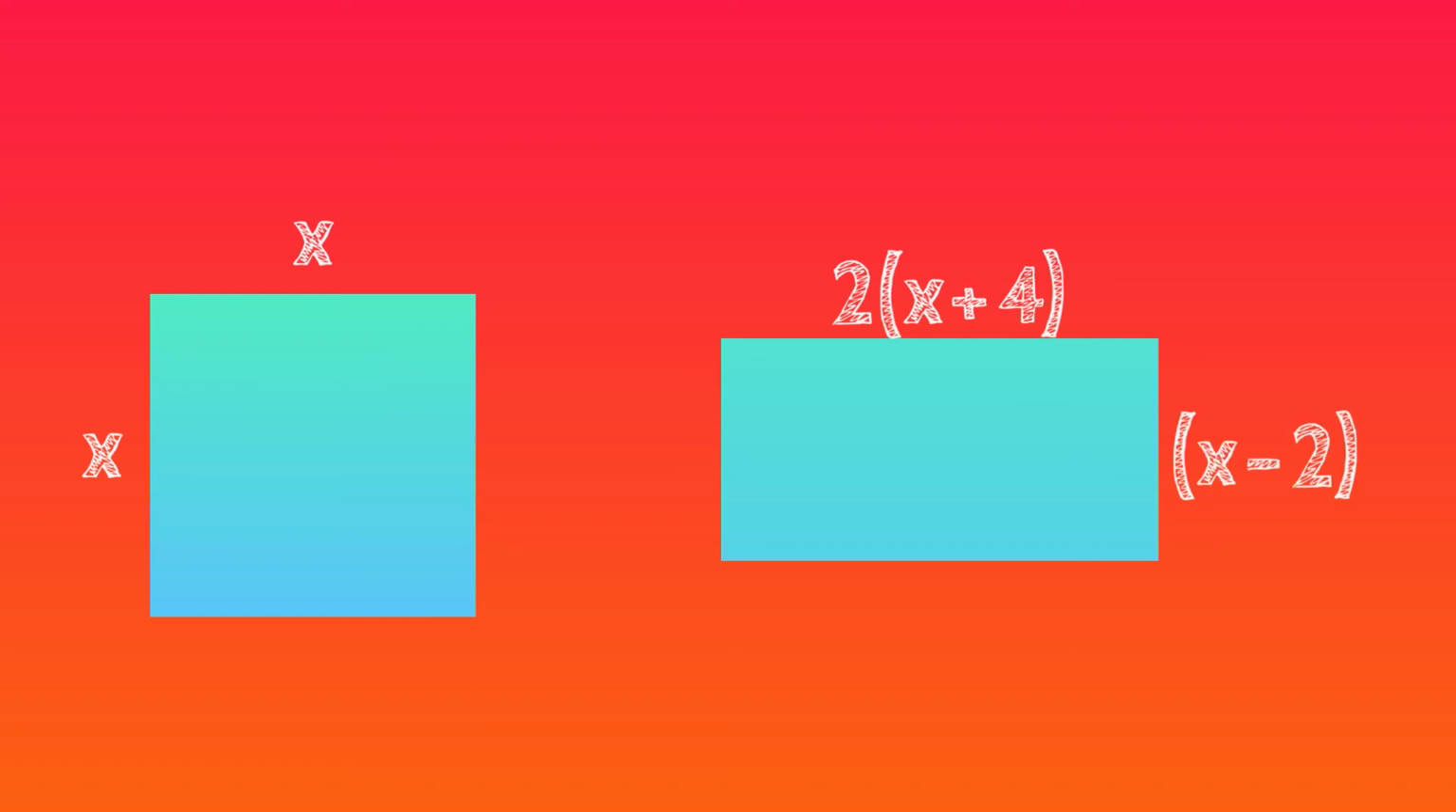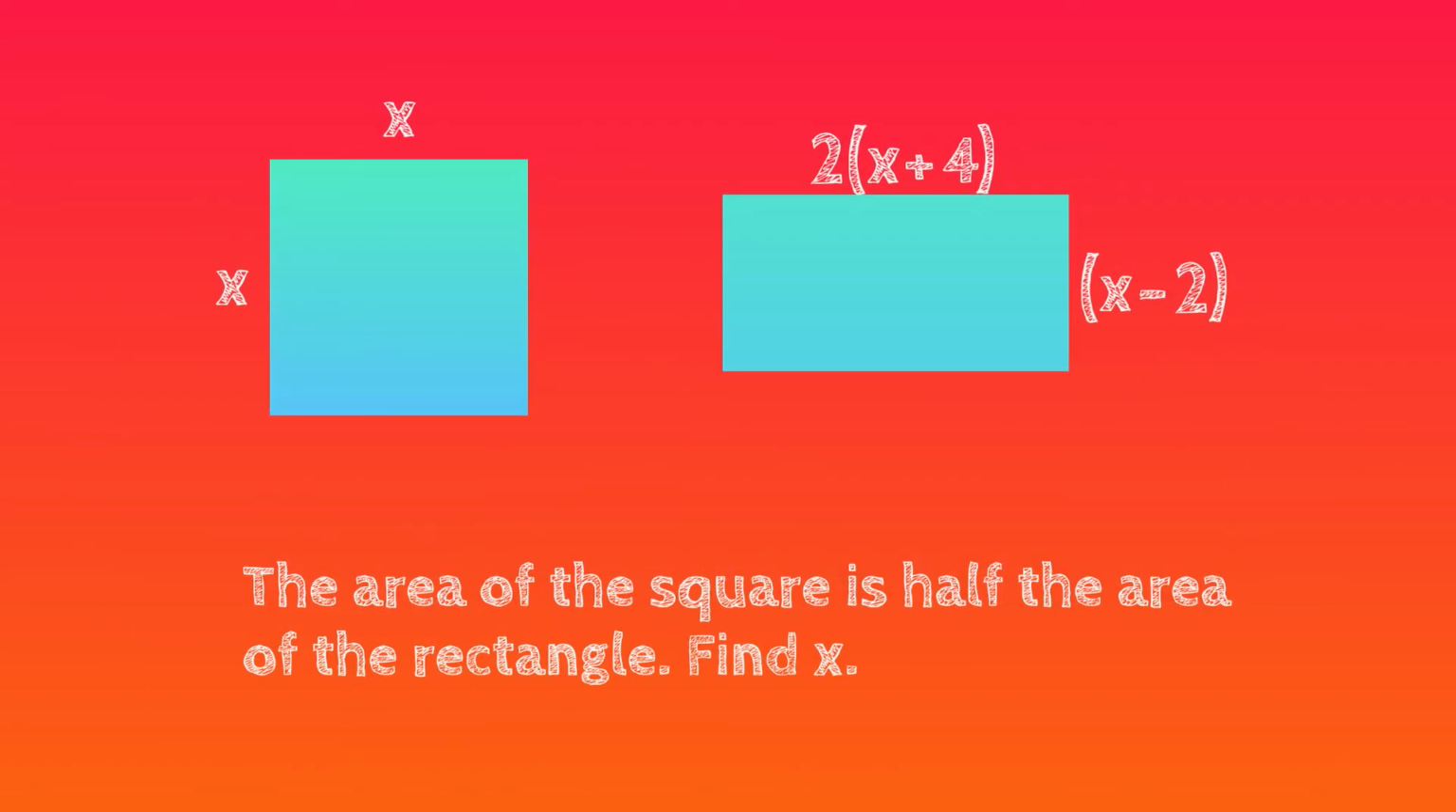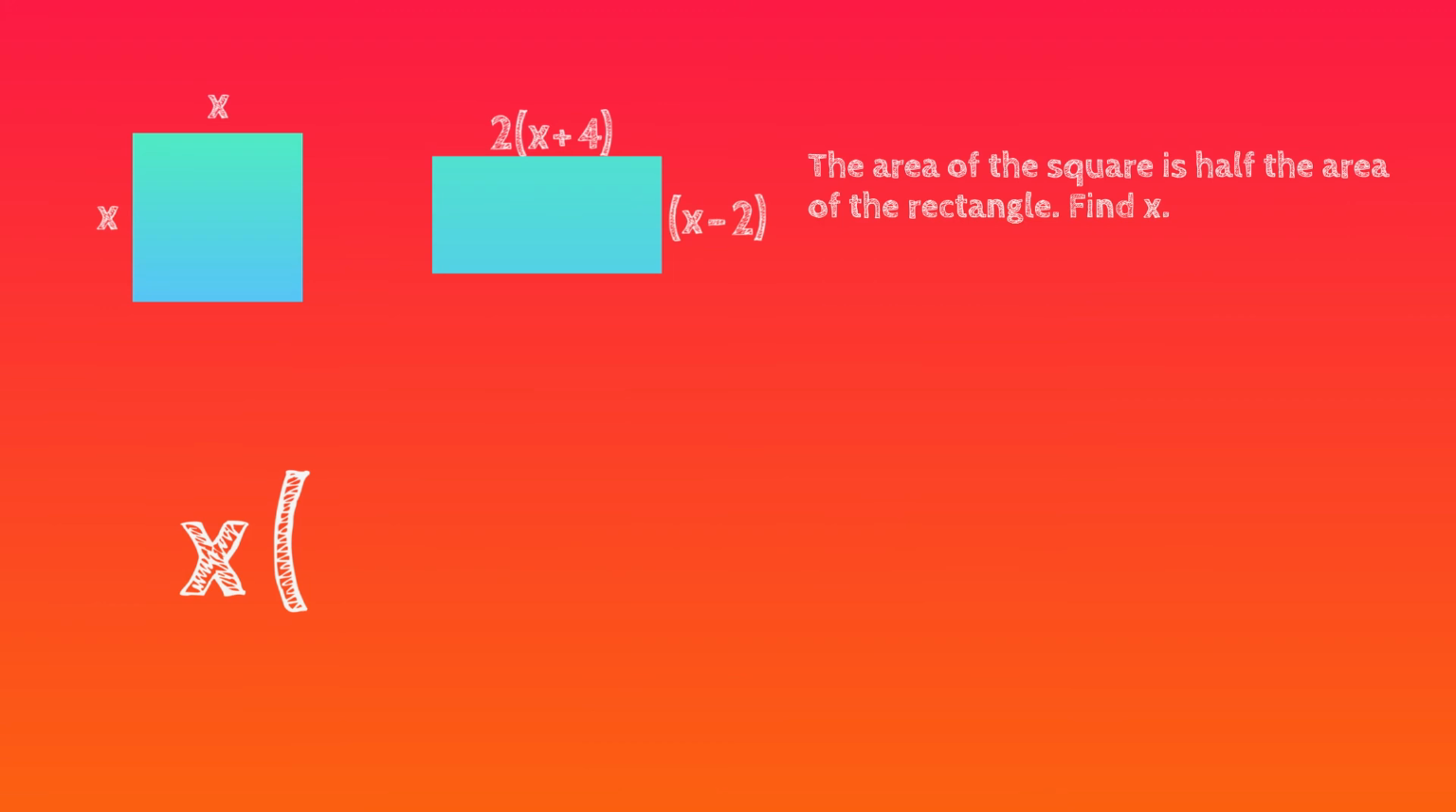Now, we've got our two shapes, a square and a rectangle. The square is x and x. And the rectangle, the length is 2(x + 4) and the width is (x - 2). The question reads, the area of the square is half the area of the rectangle. Find x. So the area of the square is x(x)